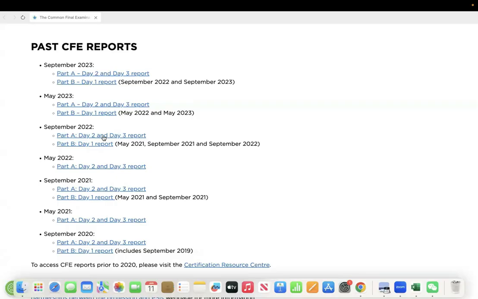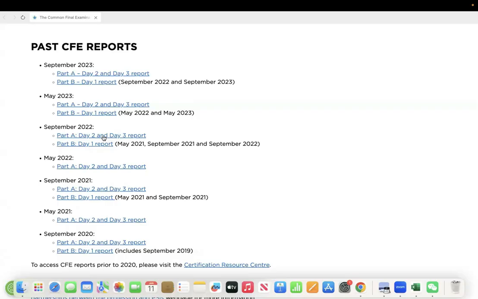But when you download those reports, you have to be careful about one thing. They update the Capstone tool materials, but they don't update those reports. So some of these solutions still use the old rules and are outdated.